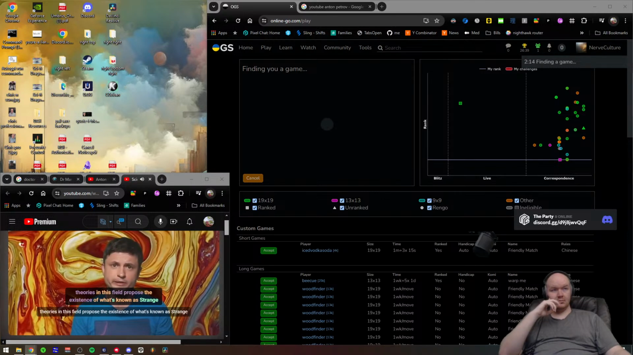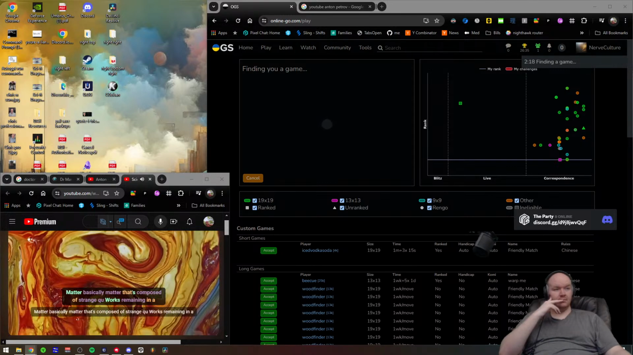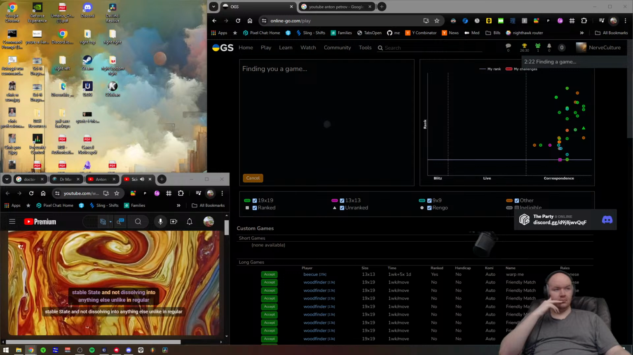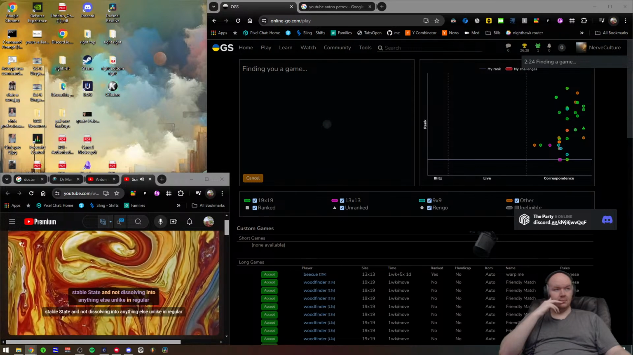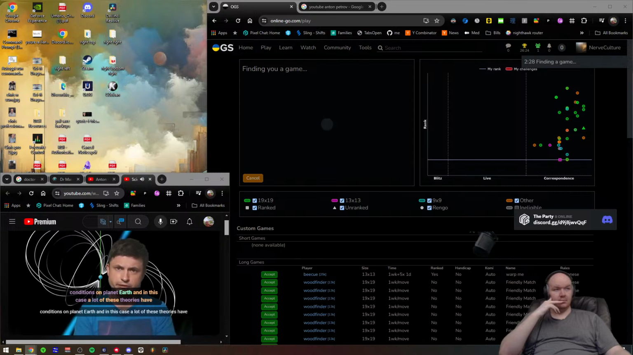And so some of the theories in this field propose the existence of what's known as strange matter, basically matter that's composed of strange quarks remaining in a stable state and not dissolving into anything else, unlike in regular conditions on planet Earth. And in this case, a lot of these theories have actually proposed that this type of matter